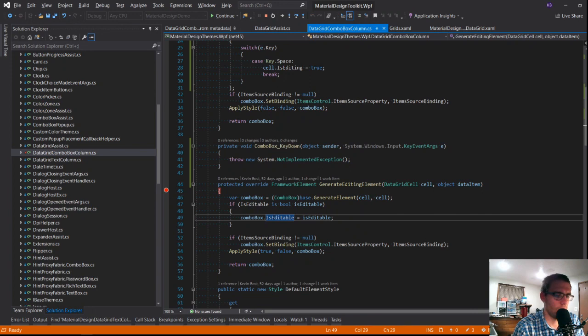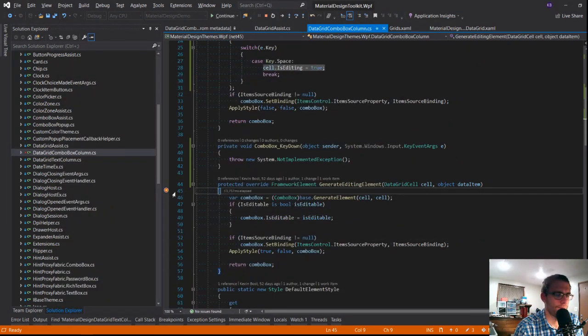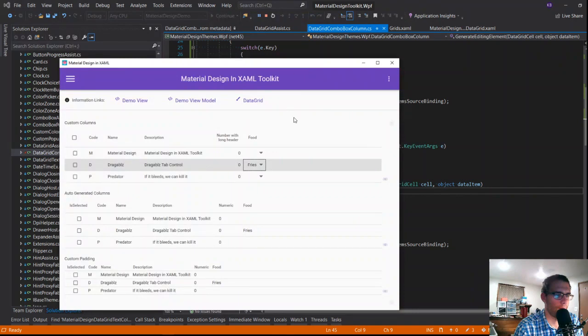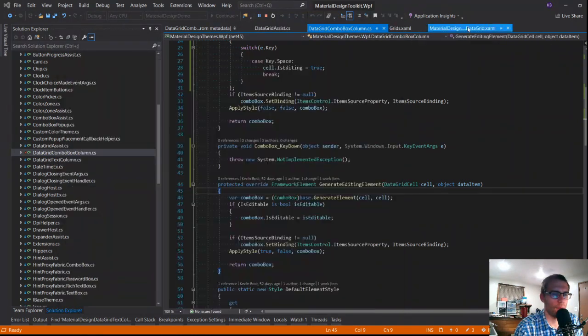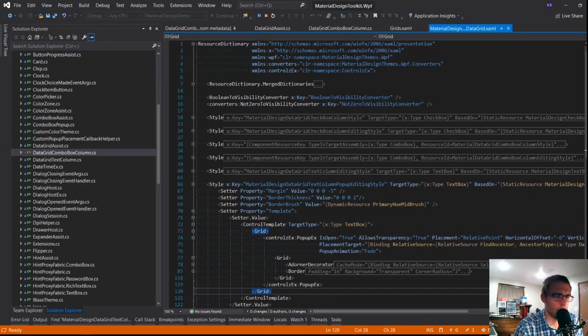So, okay. The down arrow and nothing is still popping it. Okay. Let's come back here. So now we've got a little more information as far as what's going on.